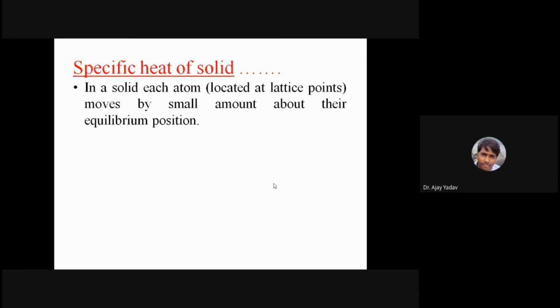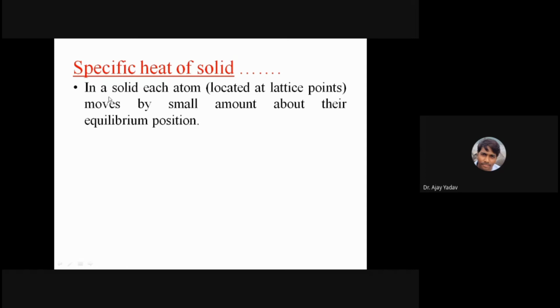Yes, sir. Okay. So if you take a solid sample, all the atoms are placed in their lattice point structure periodically. There is no randomness as far as the position of the atoms is concerned. So in a solid, each atom is located at fixed lattice points, arranged in periodic order, but all the atoms are not at rest. They are not at rest. Okay, they oscillate. Although the amount of oscillation is very small, their displacement, their amplitude is very small, but still they are oscillating. They are not at rest, even at room temperature.